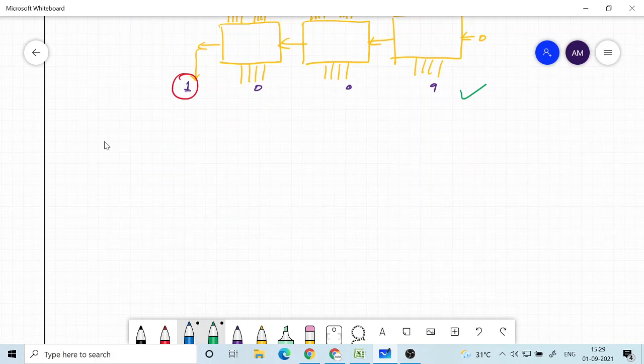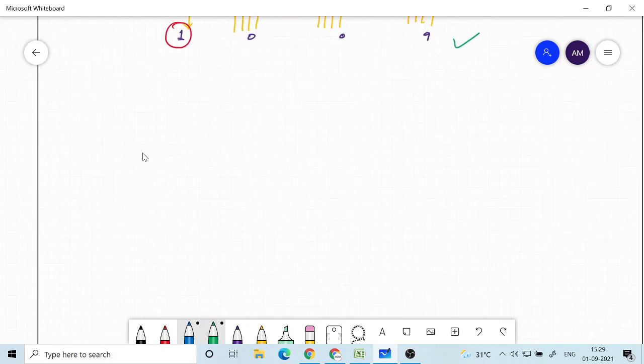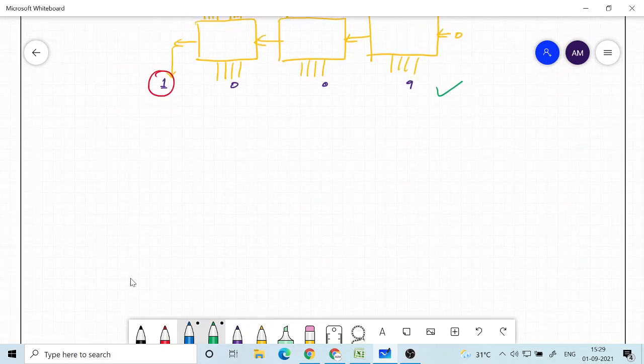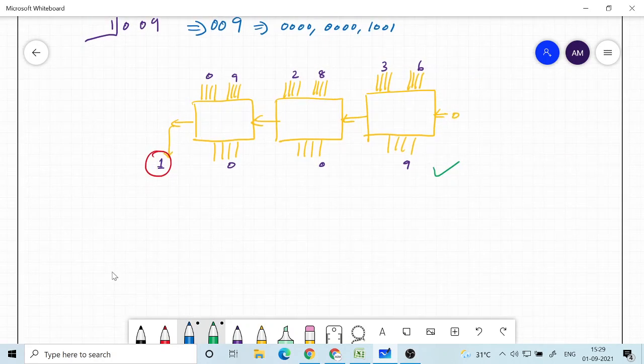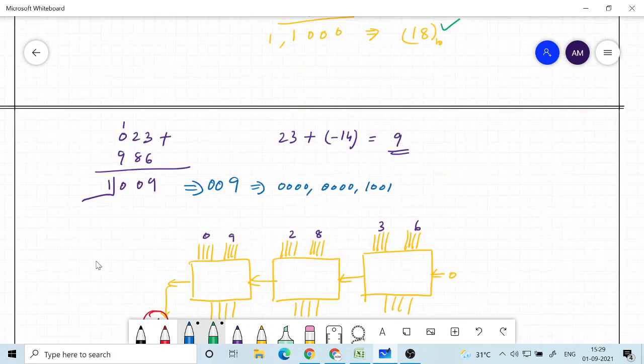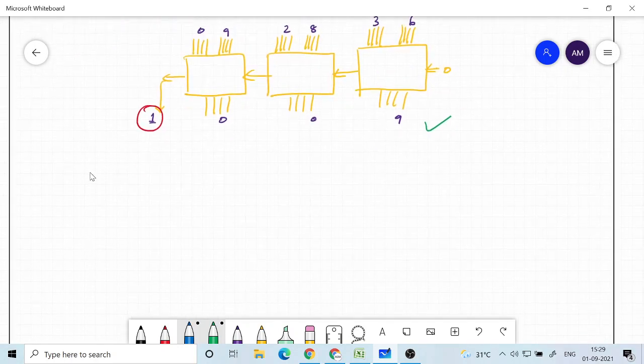So that is basically BCD addition and BCD subtraction. I'll ask you to do the other case, 14 minus 23, and verify it yourself.